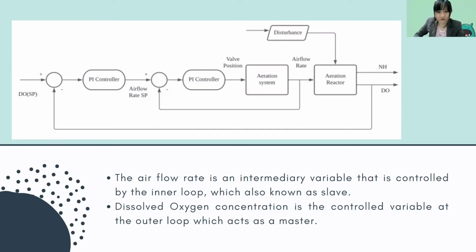which simplifies the controller tuning. For the outer loop, the set point of the dissolved oxygen concentration normally ranges from 1.5 to 2 grams per meter cube, and the optimal concentration is at 2. The control strategy utilizes a linear airflow distribution, and two sensors are implemented in the system. The first sensor is to detect the dissolved oxygen level, while the second sensor is to detect the airflow